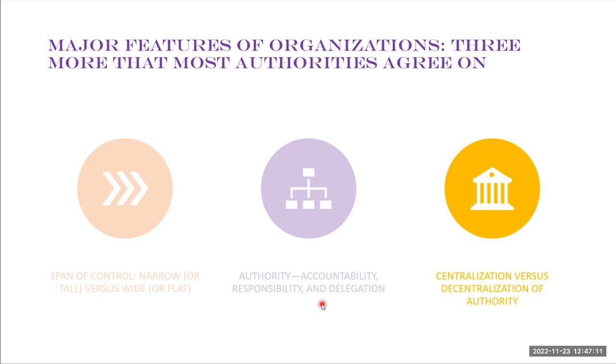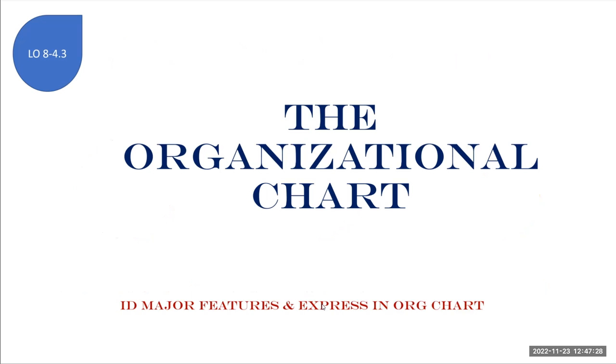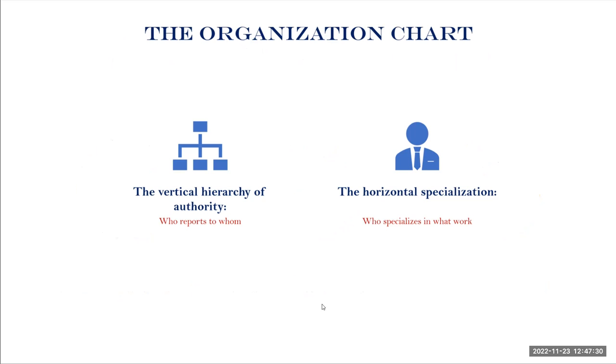So thus far you've learned seven different features or aspects that may be used to describe an organization. An organization's features combine into a visual depiction of their structure. This is known as an organizational chart, discussed next, right? So the organizational chart